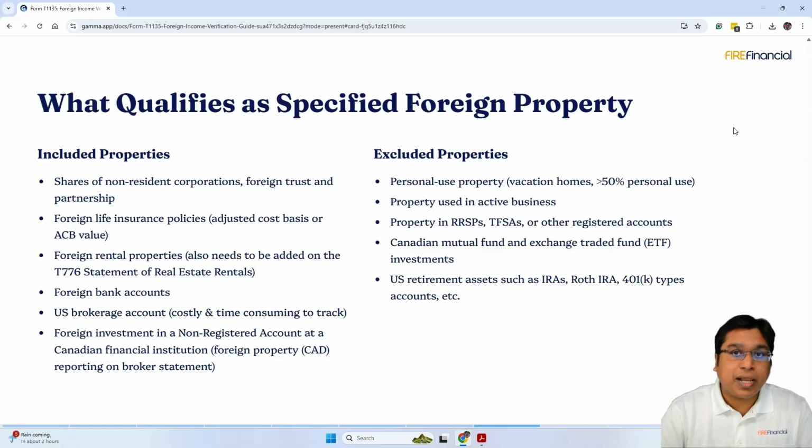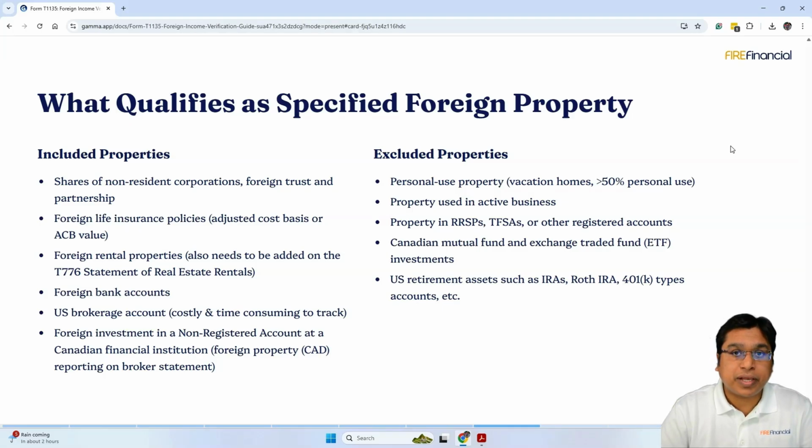A lot of my clients are Americans living in Canada, and when they move from the US, a lot of them have brokerage accounts in the US. A lot of Americans who moved from the US to Canada tend to keep their US address as it is because that's probably their parents' address or another family member's address, and they typically do not change it, but they are supposed to change that in the country of residence.